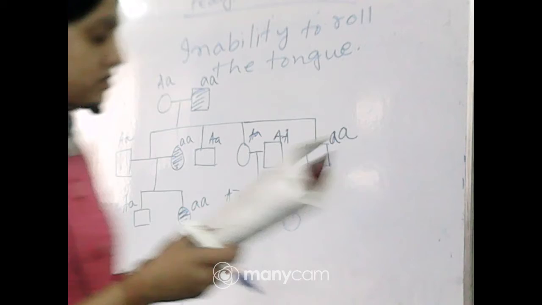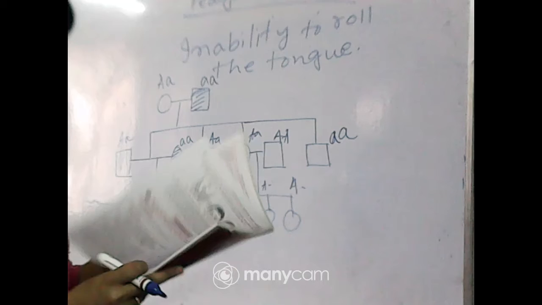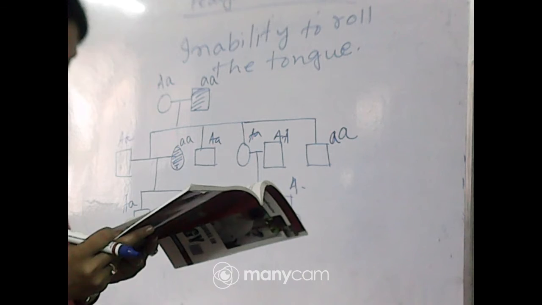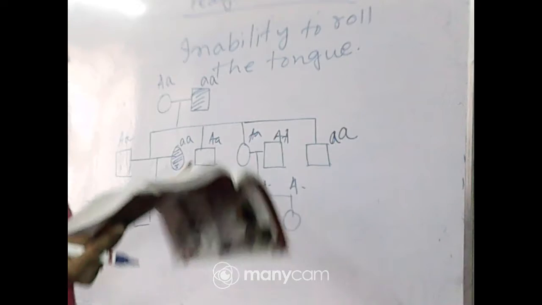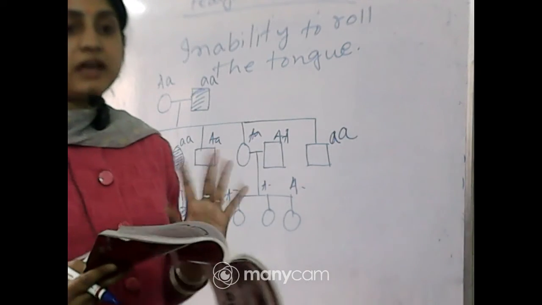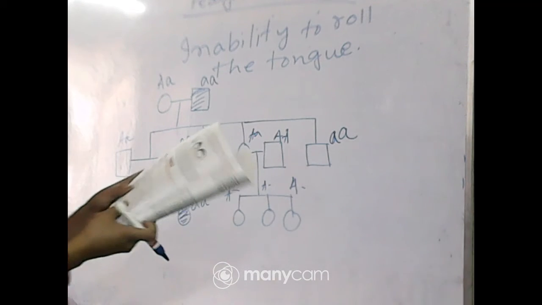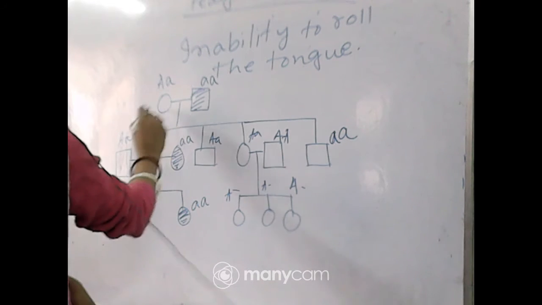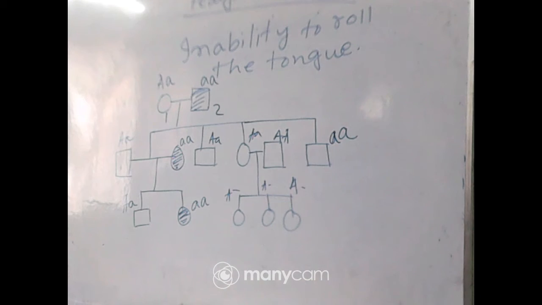Find out the possible genotypes of the final members in the following pedigree. So you have to find out the final members of that. Who are able to roll the tongue? They are dominant. If they are unable to roll the tongue, they are recessive. Recessive genes cannot roll the tongue. So the trait is present in the father parent due to the presence of 2 recessive genes. Father parent 1 and 2, you can see that the father parent has 2 recessive genes.